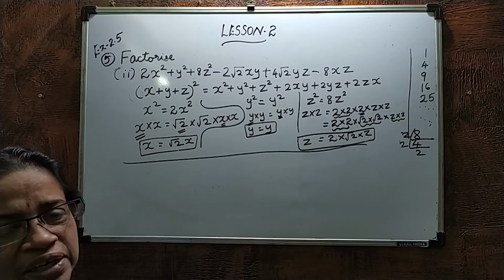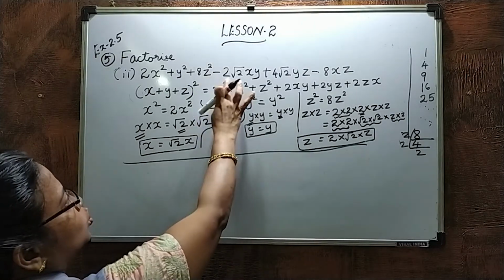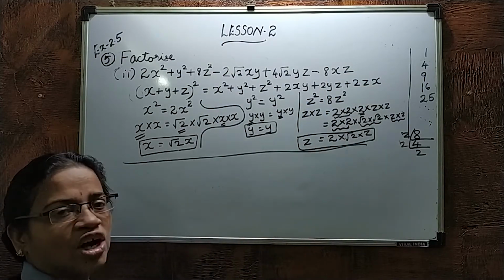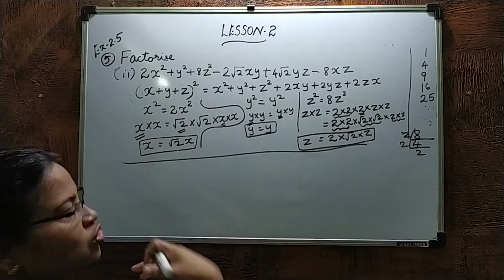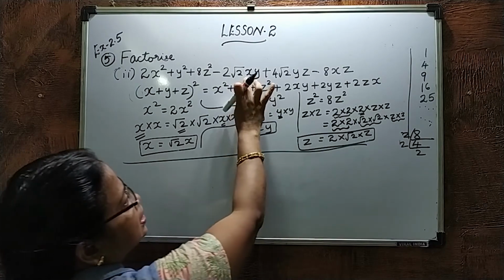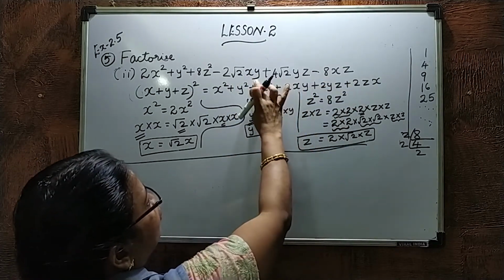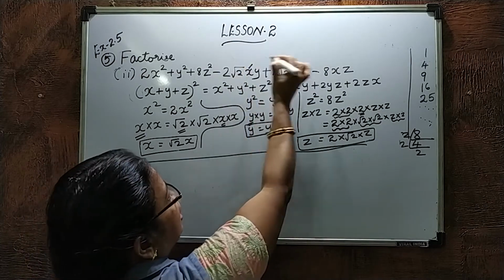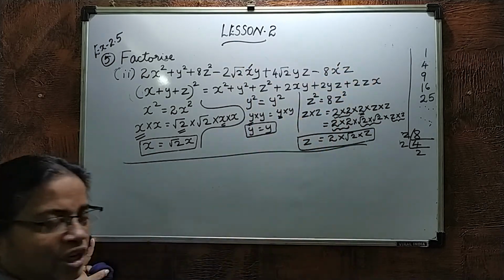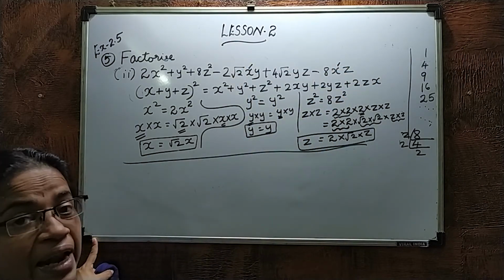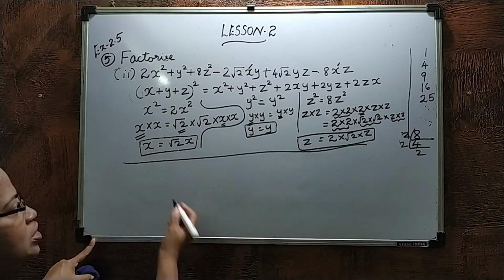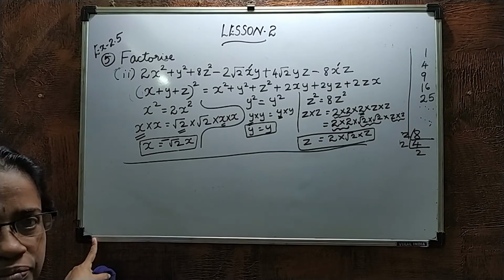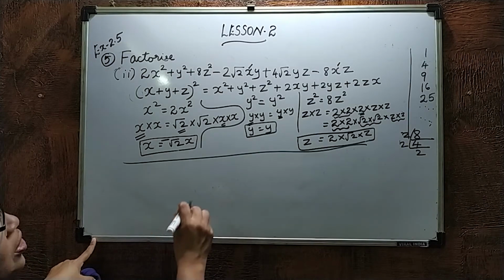Find out the sign. Just look here, 2 root 2 xy is there, minus xz is there. Which is common for both of them? Which variable? Here x is there, here also x is there. Here y is there, here is it? So which is common for both of them? x is common. That means that x got a negative sign. So just put the negative sign for the x term. Clear?